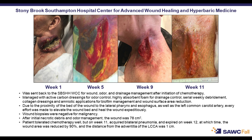We initially managed the odor and the drainage, and when we got all our PET scans and all our biopsies showing no malignancy, we applied some amniotic products. For some reason, we raised the thickness of that skin, of that area from the carotid artery from 1 millimeter to 1 centimeter. So we were now safe that we will not lose the patient from carotid exsanguination and she will not die